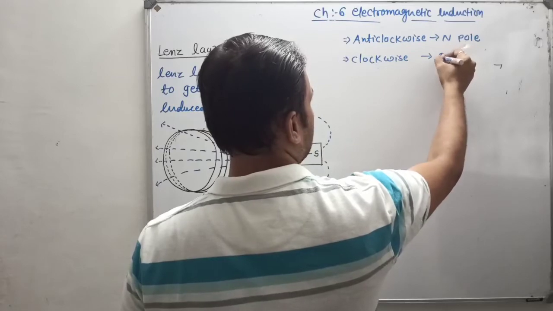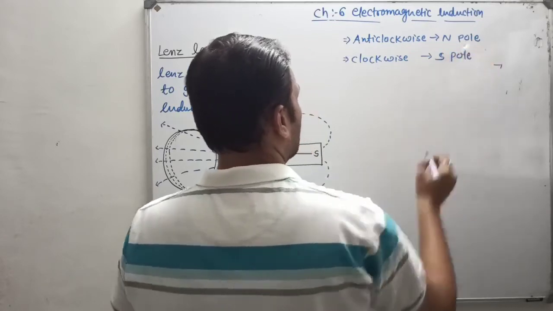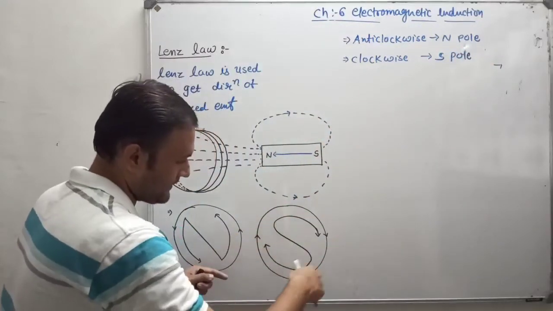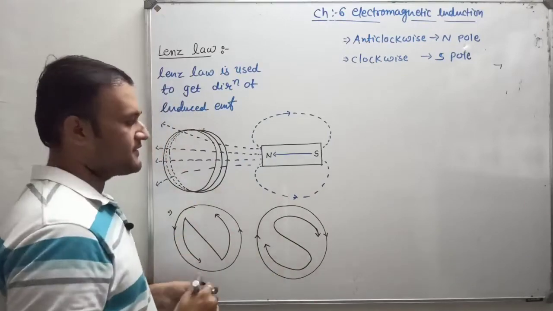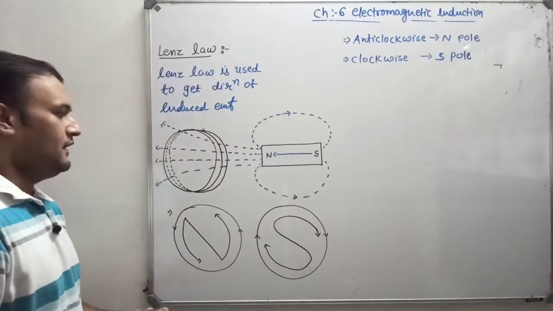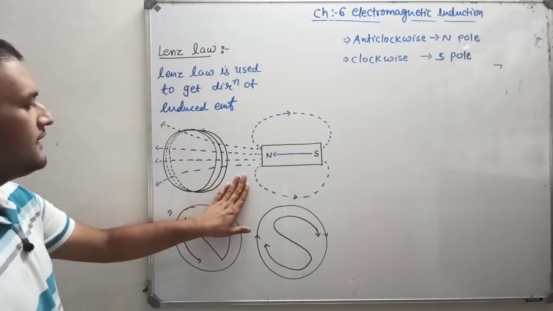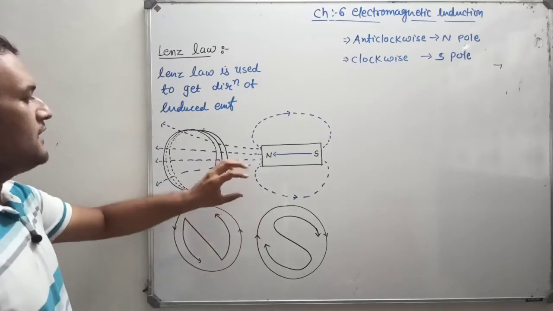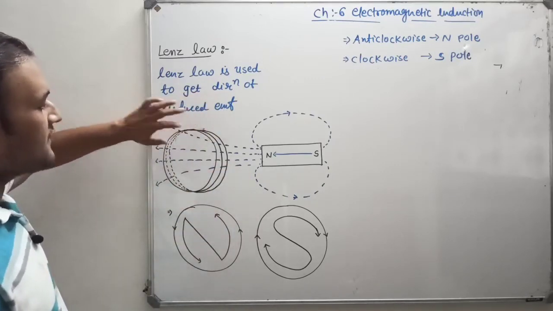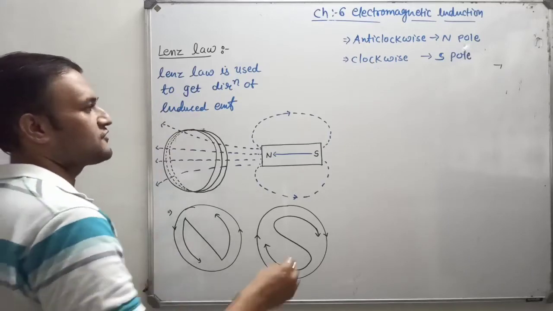This is S pole. Okay, clockwise, yeah, and anti-clockwise just like that. Okay, we return to the concept, to the topic. So the flux linked with the coil, first assume